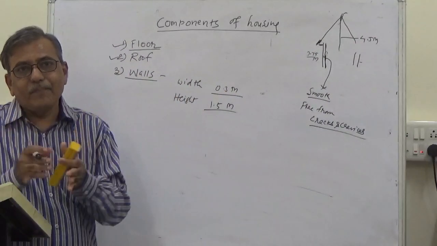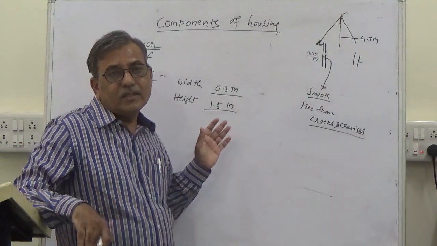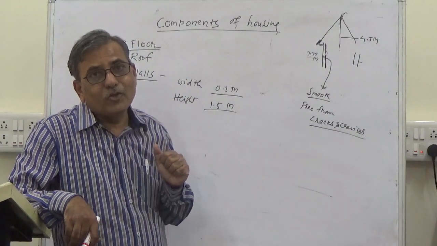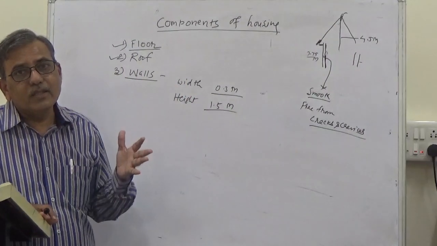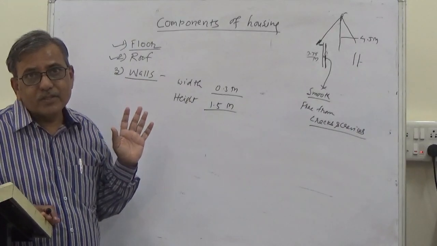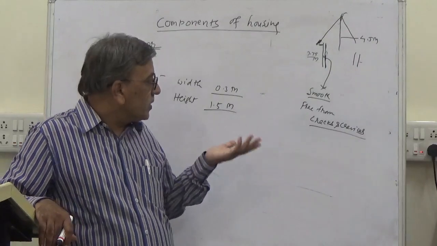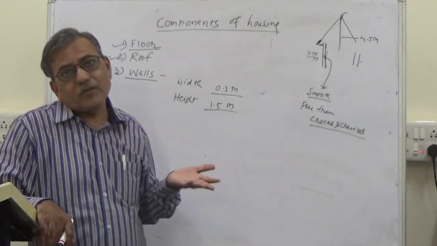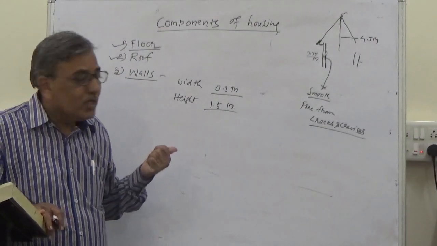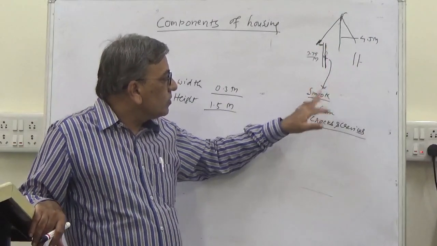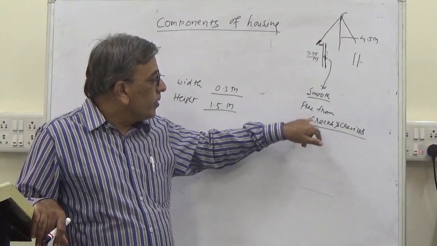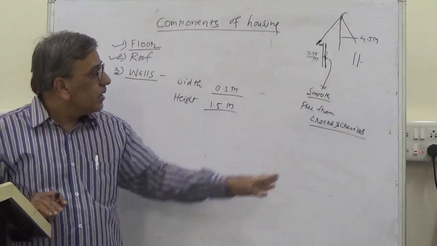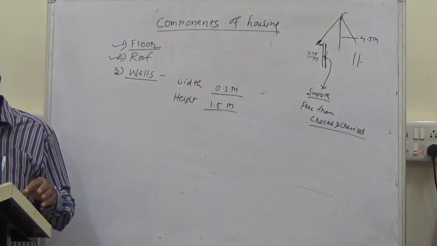If there is a gap or if there are cracks in the wall at the inner surface, it will be a place for breeding of ectoparasites, and these ectoparasites in turn will attack the animals and lead to different disease conditions. They may transfer some diseases, or they may cause adverse effects on production performance or growth performance of animals. So to avoid this, the inner wall of the house should be smooth, free from cracks and crevices, and it is also recommended that the inner side of the wall should be